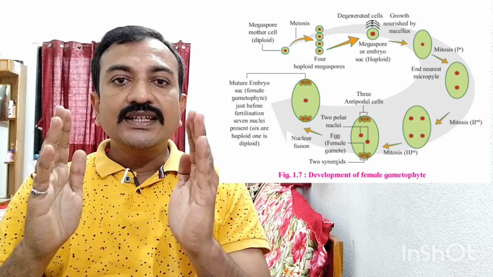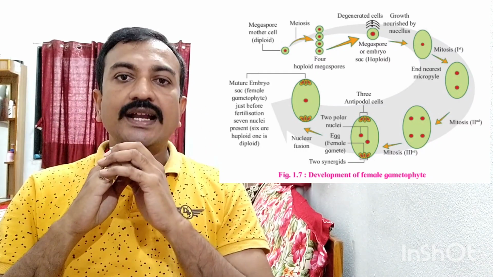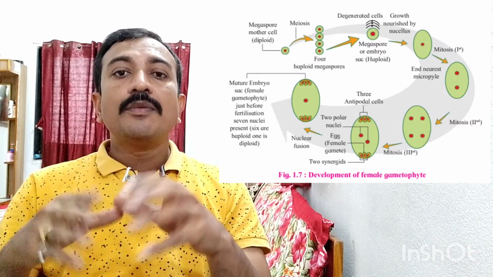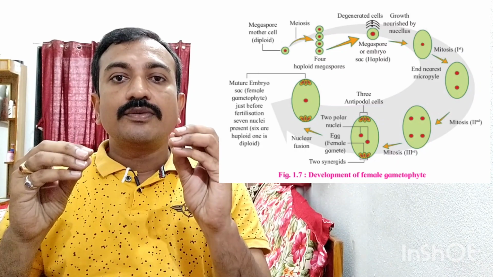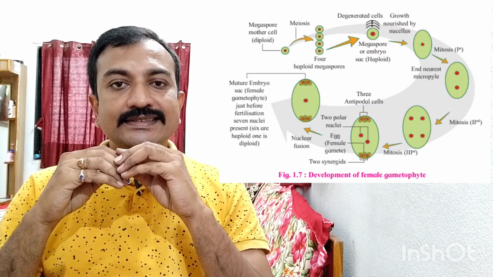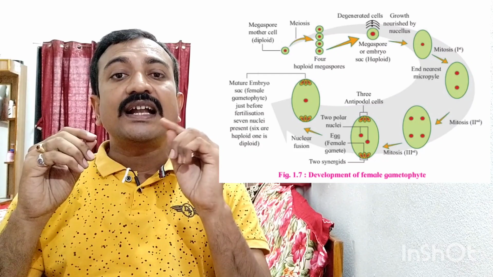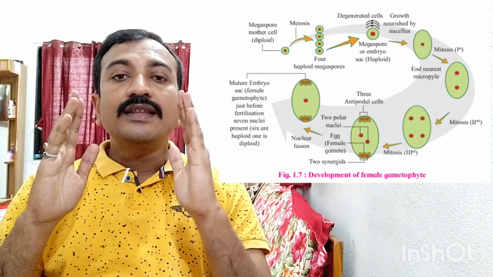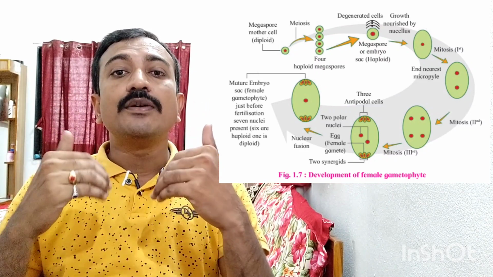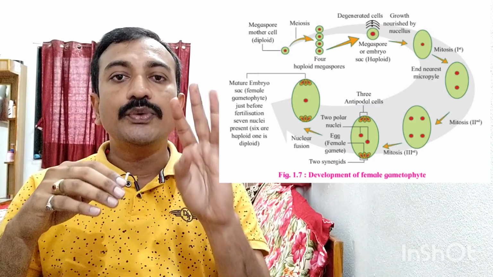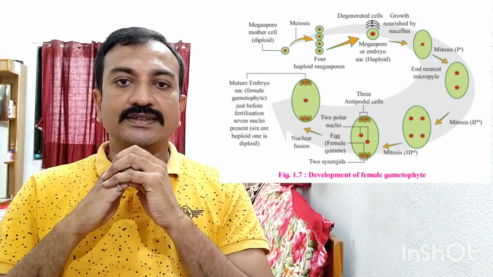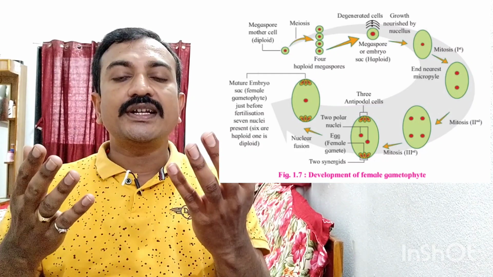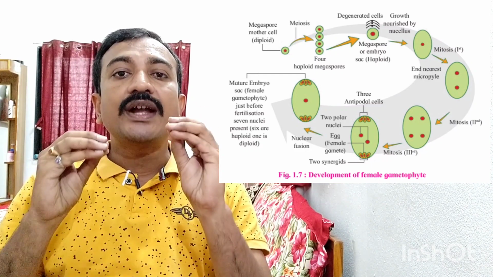We study that nucellus is the central part of the ovule, and the nucellus has many parenchymatous cells. But out of those cells, some cells at the micropylar end activate, and that acts as a megaspore mother cell, and that megaspore mother cell divides meiotically and produces a linear tetrad of 4 cells. Basically that megaspore mother cell is a diploid cell that undergoes meiotic division, and that produces 4 haploid cells